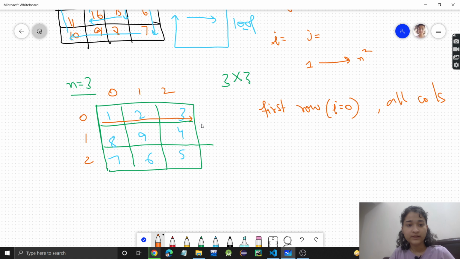Okay, then what will be there? See, then we have to go here, but we should not start from the 0th row. We should start from the next row. But the column will be the last column, so the column will be fixed. Here, what was fixed was the first row, and the columns were changing, like this column, then this column, then this column.